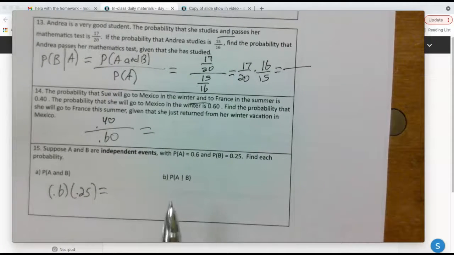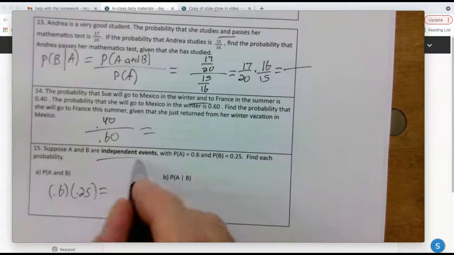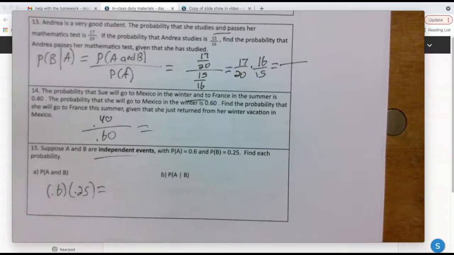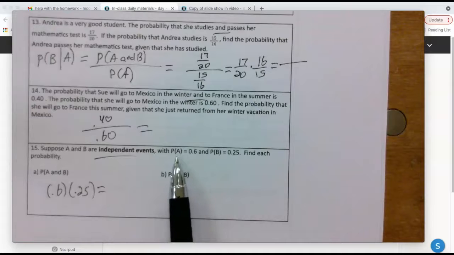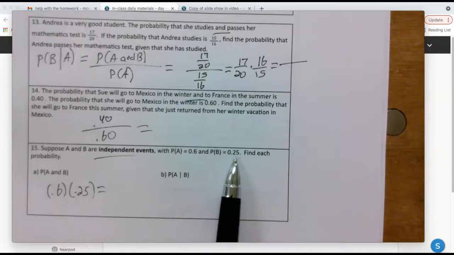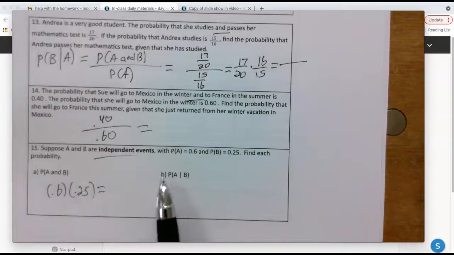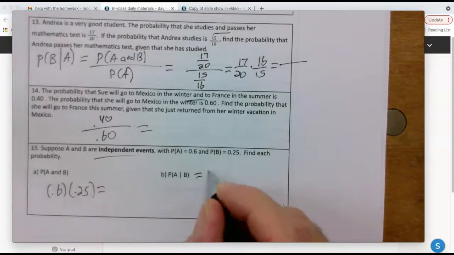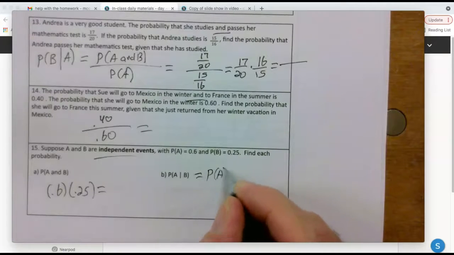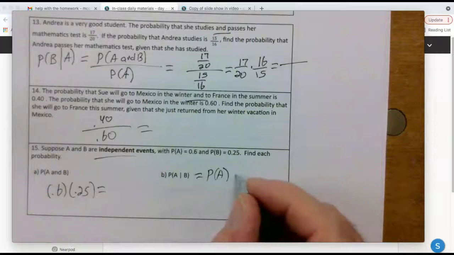Now this one is saying the probability that A happens given that B has already happened. But these are independent events. All right, this is the trick question. But the probability that A happens is the same. It doesn't matter if B happened or not. It doesn't matter what happened with B. This equals the probability of A. And that's